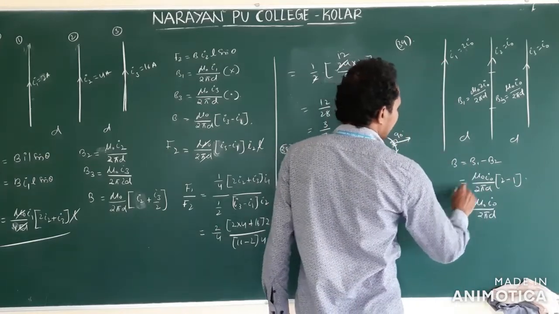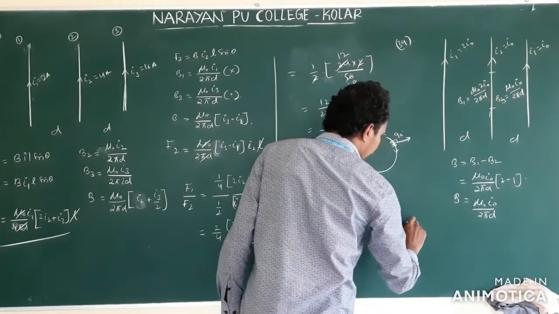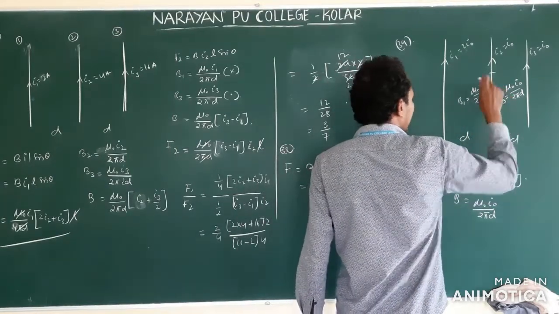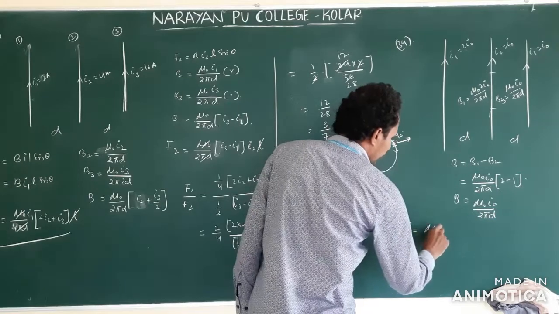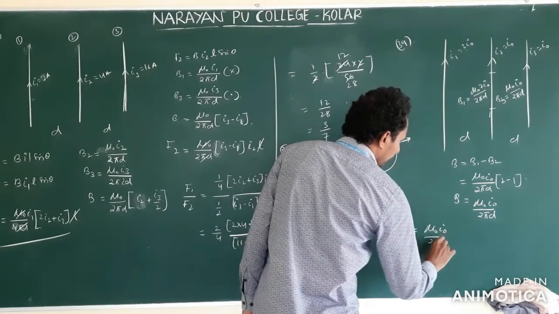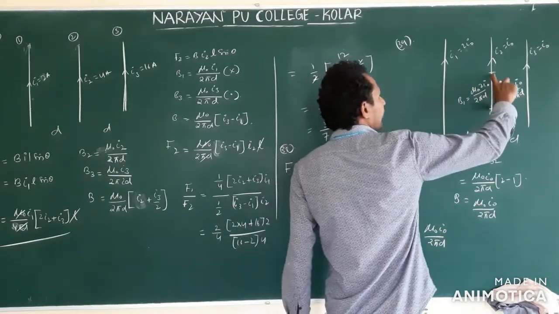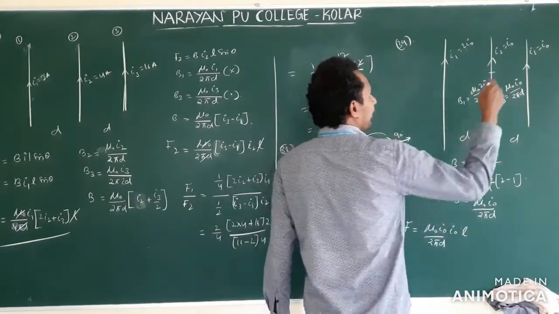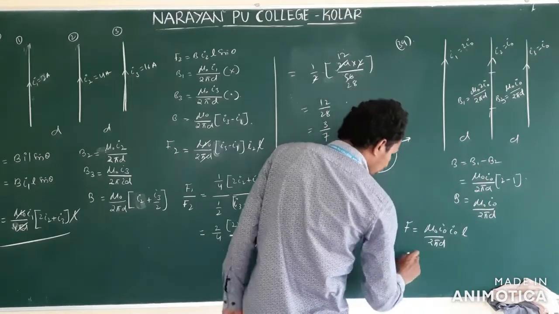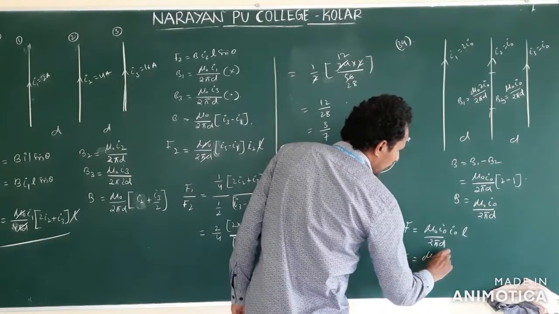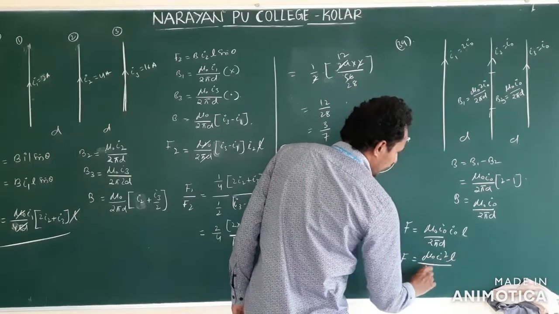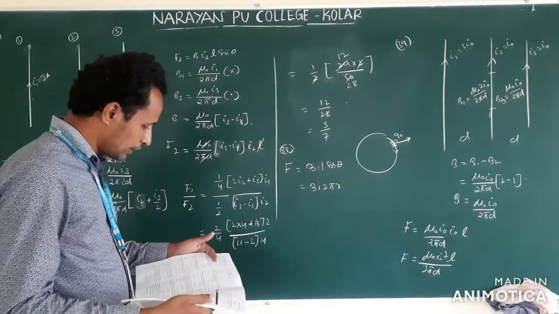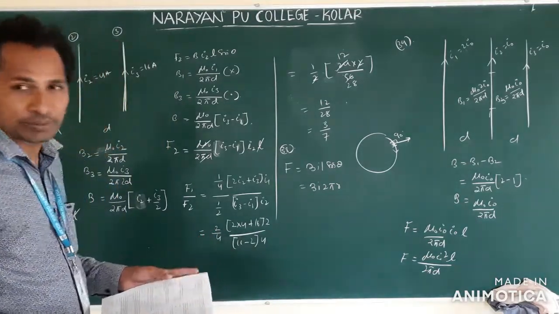Now this is the field acting on this wire. Then the force on the wire is equal to the field at this point, the current and the length. So the field is mu naught I naught by 2 pi d. What is the current passing through this conductor? I naught, and the length is L, acting perpendicular, sin 90. So F is equal to mu naught I naught square L by 2 pi d. Check the option: mu naught I naught square by 2 pi d. The second option is correct.